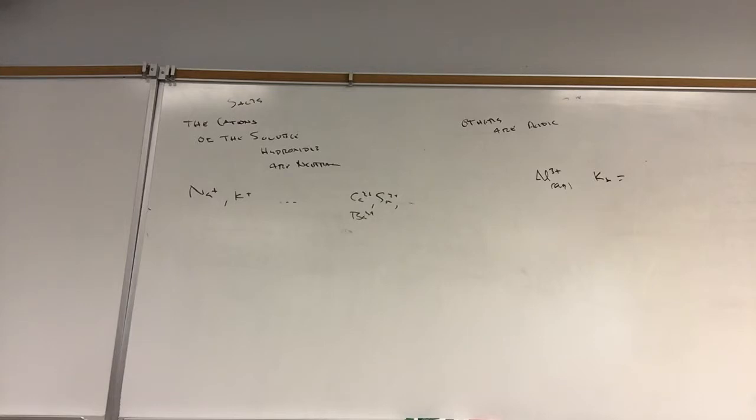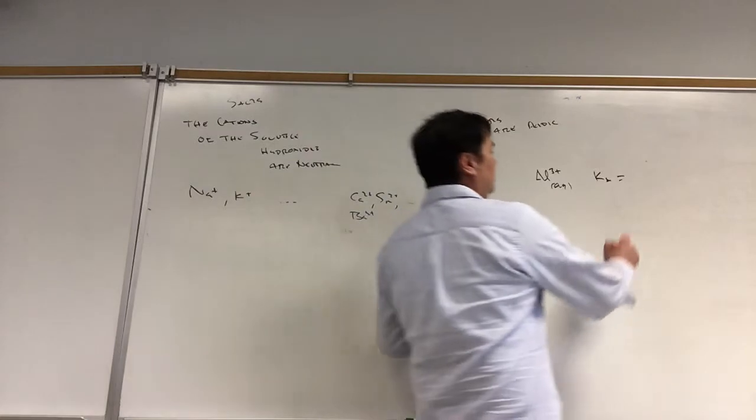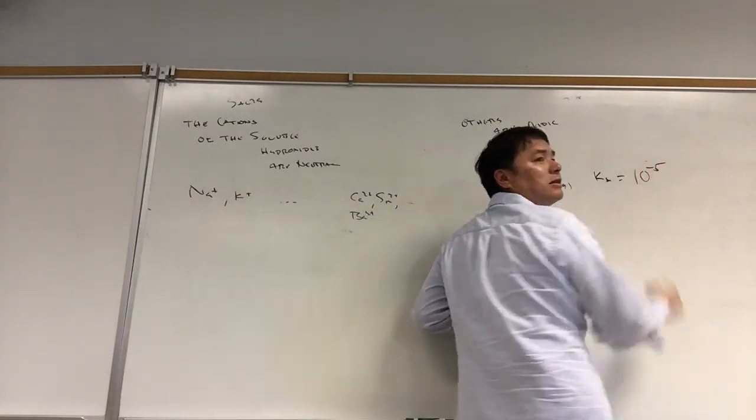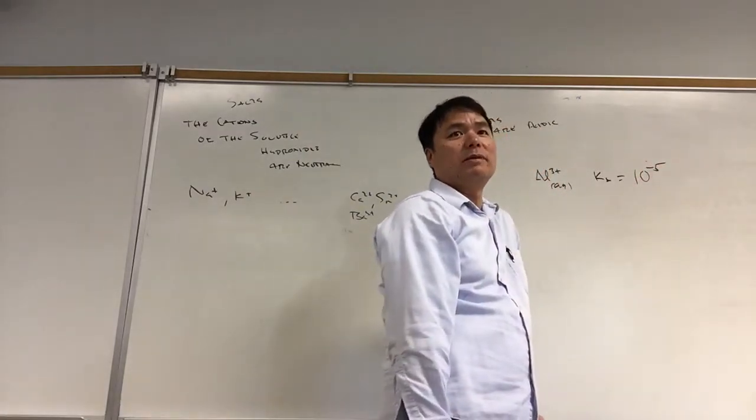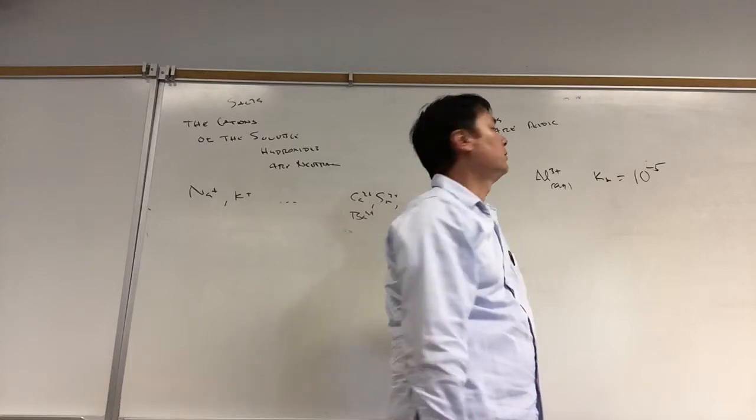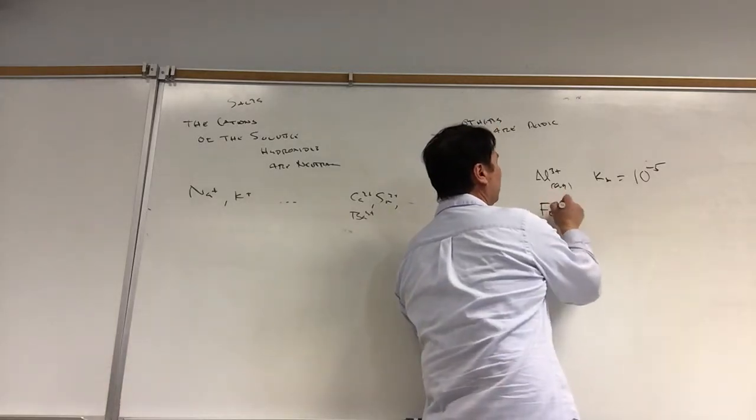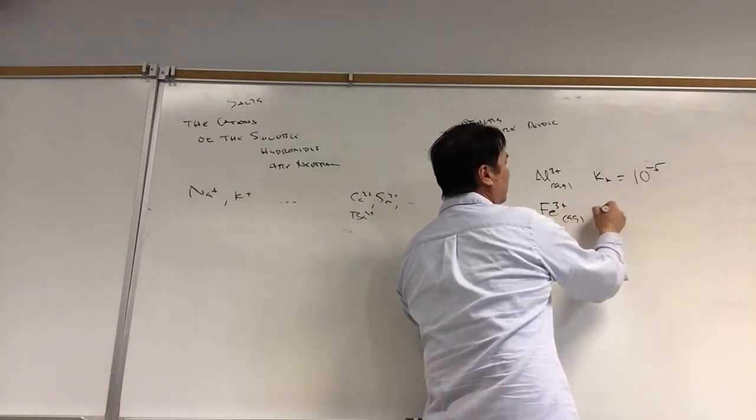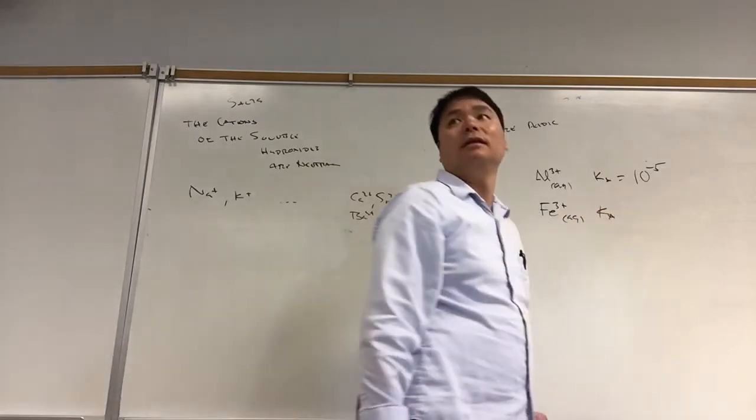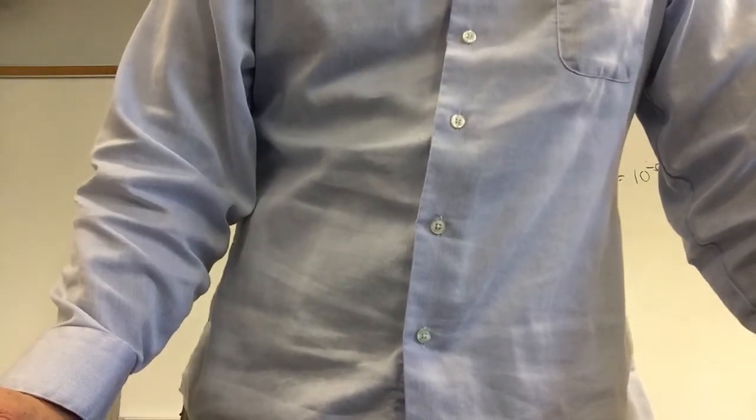We'll go to iron 3+ then. Iron 3+ or iron 3+? Iron 3+. Ka is 10 to the minus 5, which means it's about as acidic as acetic acid, right? That's pretty big. Iron 3+ is even bigger. Iron 3+'s Ka is 6.0 times 10 to the minus